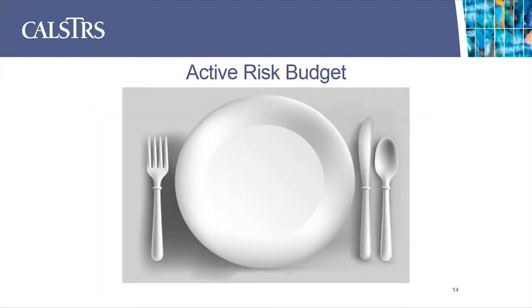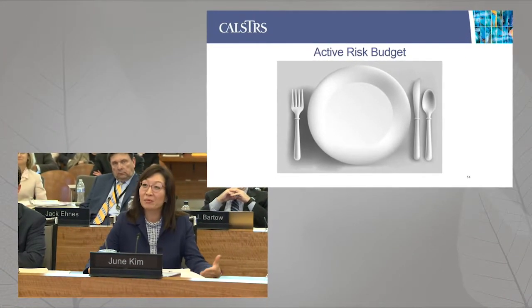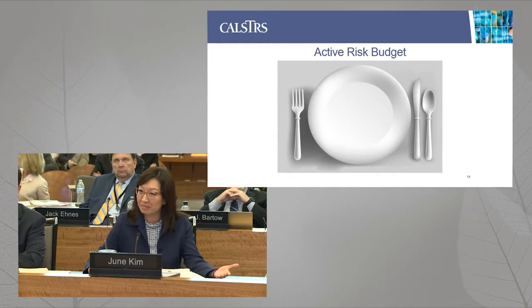We're going to go through another analogy. I know you've had a lot today, but we think this is a pretty good one. So to talk about an active risk budget, if an investor wanted to create a portfolio with these different strategies that we just talked about, passive, moderate active, high active, how would you do it? And one way to do it is to create an active risk budget.